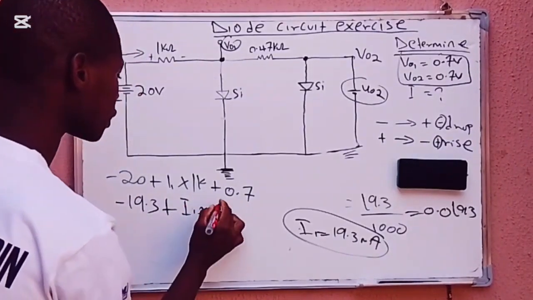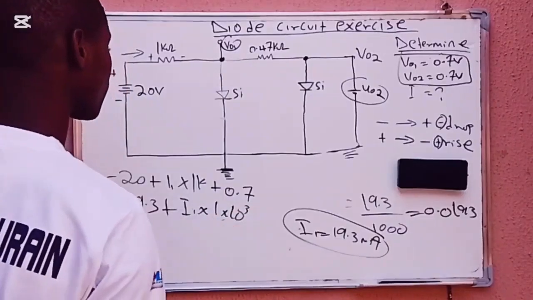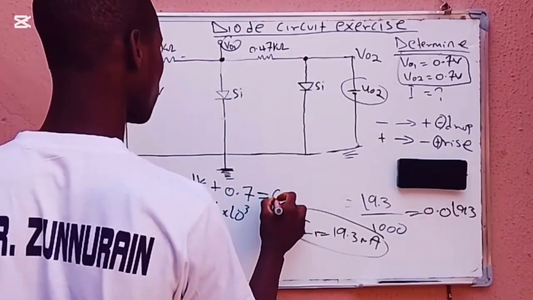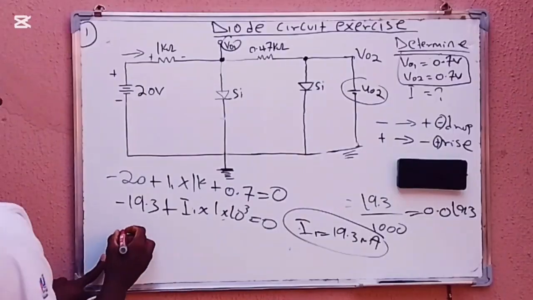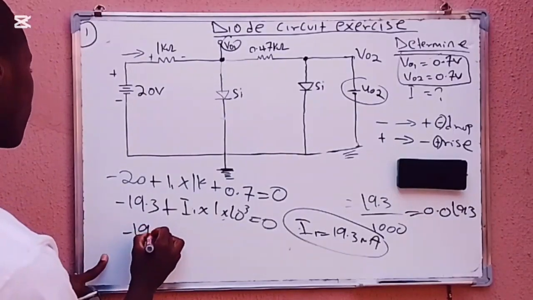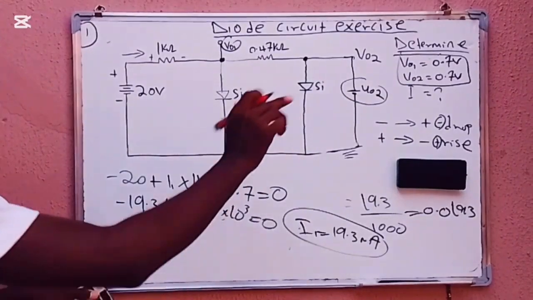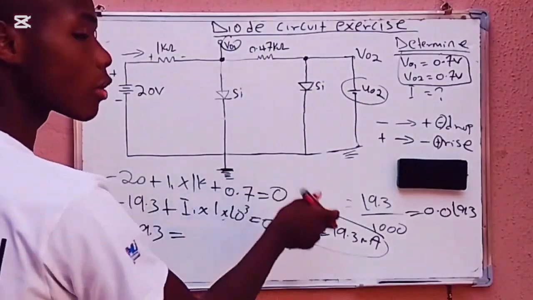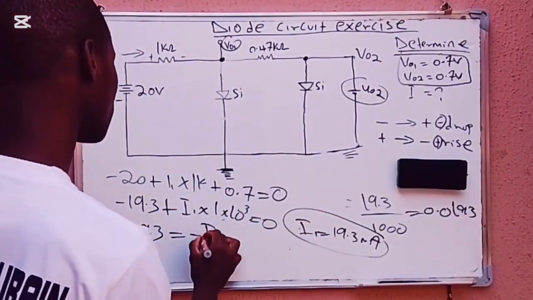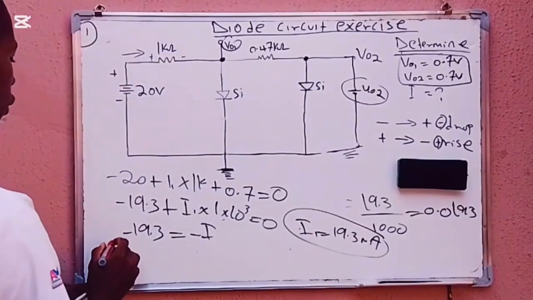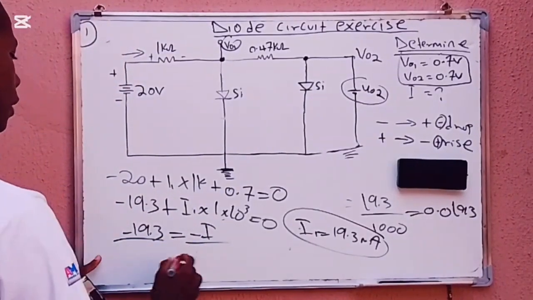This is the same thing as writing 1 times 10 to the power of negative 3. So therefore all this should now be equal to 0. The next thing is that the negative 19.3, when I turn it back across the equal sign, will now be negative. So if I divide both sides by